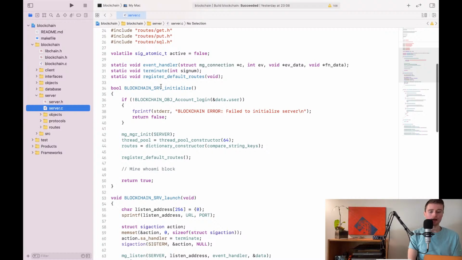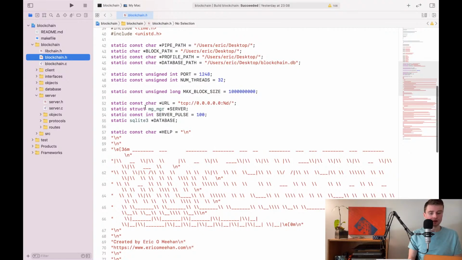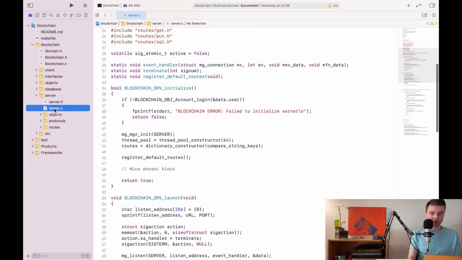I've broken it into a few separate stages, and I'll tell you why in a little bit. But let's talk about what those stages are. First, there is the initialization. We need a variable to represent our server, and that is going to be this MG manager, so a mongoose manager. And you just create a pointer variable. I call it server. You don't need to make it static. I made it static because I am defining it up here in this blockchain.h. I want to be able to reference it anywhere. So yes, I have this server variable,